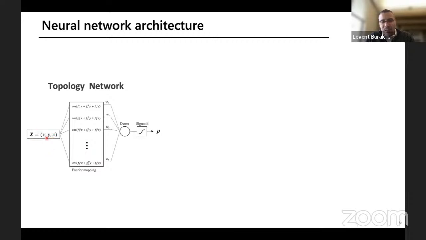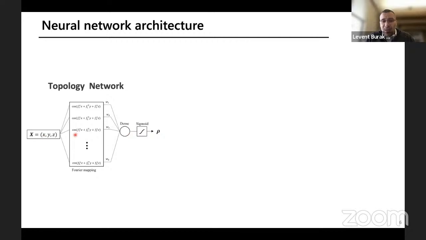Here, what we have is a voxelized space in which we sample XYZ spatial coordinates. And for each one, we featurize it by passing it through a Fourier layer, from which we connect the outputs of the Fourier layer across different spatial frequencies to create a dense layer, from which a final density is produced at that given coordinate.